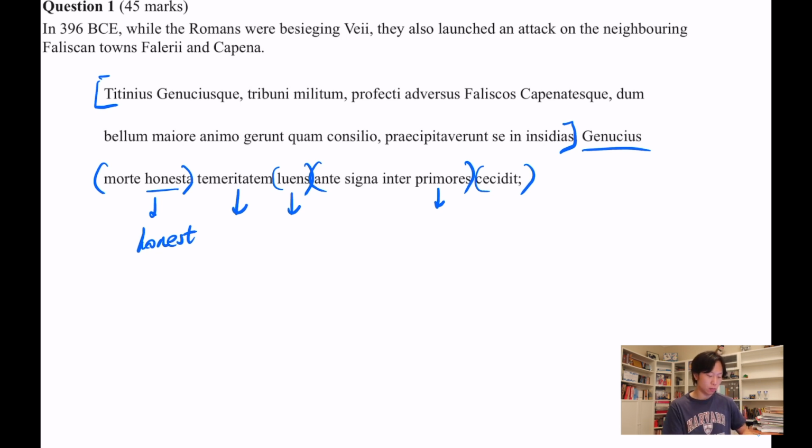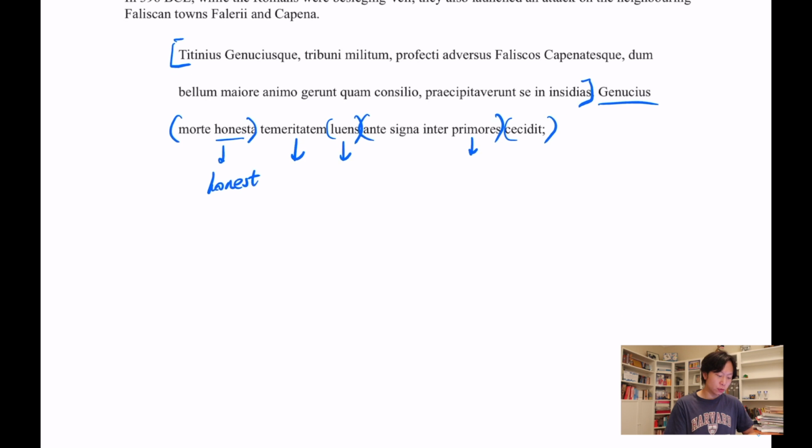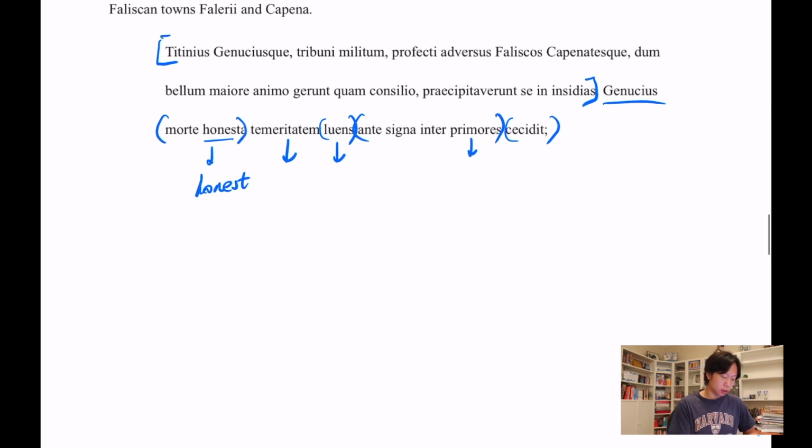Kekidit, I know, means fell. Alright, so let's put this into an English sentence structure. So we have Gnuteus. This is what's going on in my head, by the way. I don't write this out. But Gnuteus, luens, temeritatem,